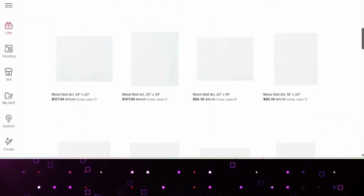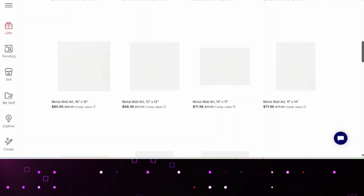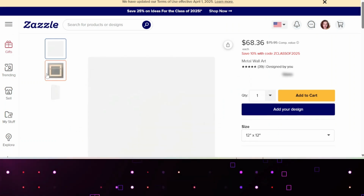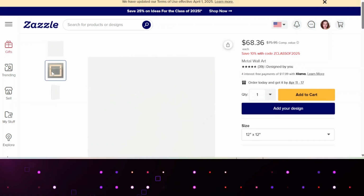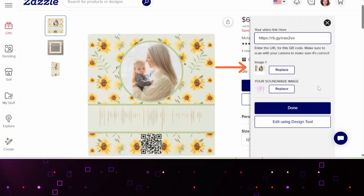Let's get started. The gift we are about to create is a metal wall art. I have already created a template you can easily customize with your own details on Zazzle. But when you finish this, you can transfer it into different products that you want. It's very easy. This design features the following personalization details: a QR code link, a photo, and a voice wave